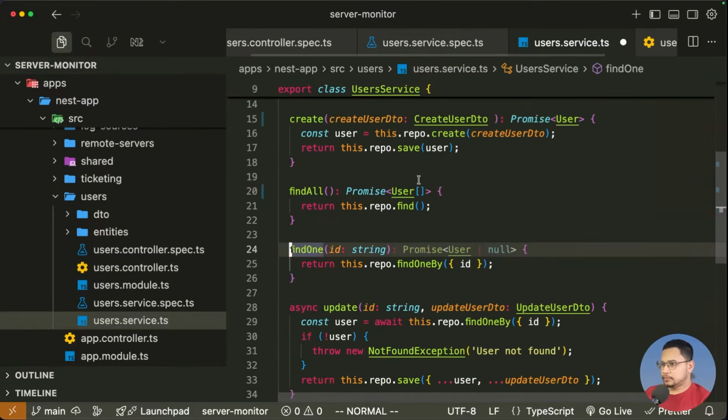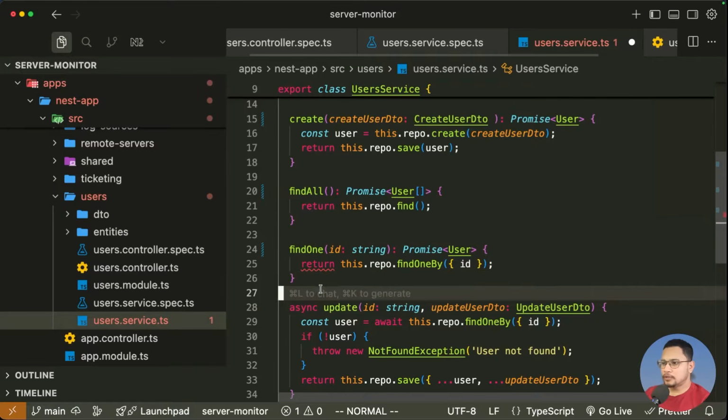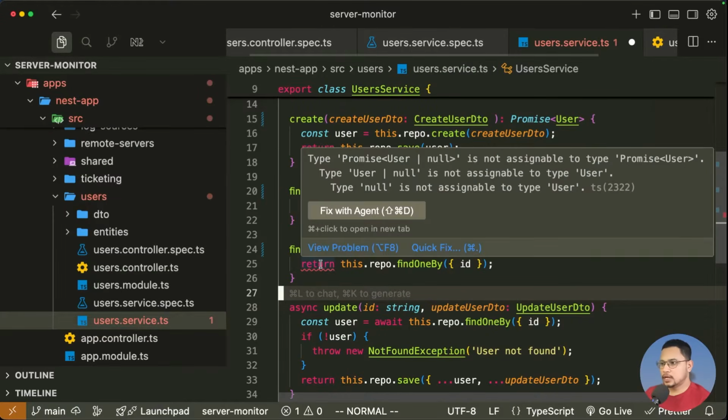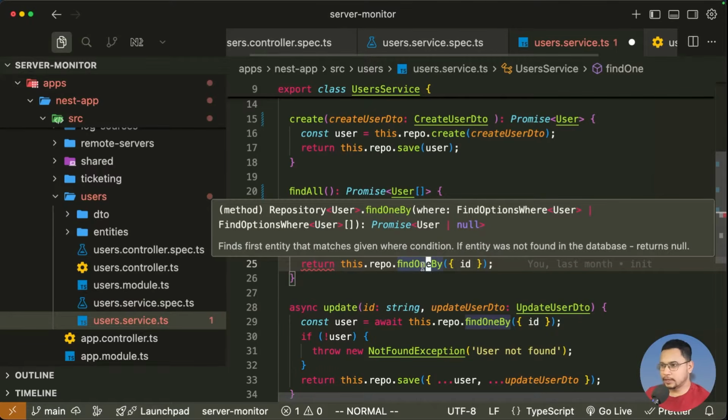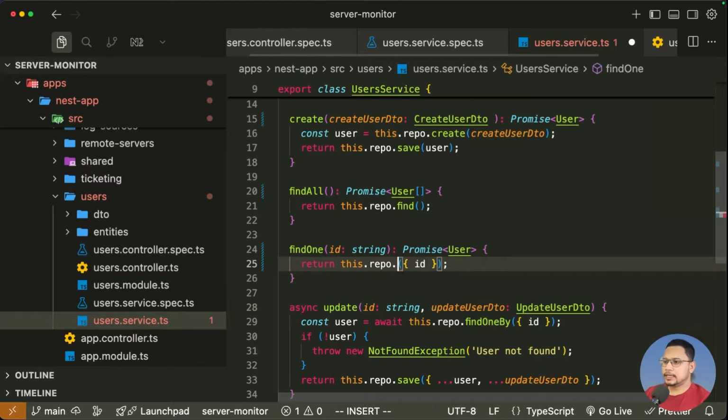Similar for findOne, and every time we want to have a user when we are calling findOne, right? And now you can see it is giving us an error, because if you call this findOneBy method, then this findOneBy is basically not returning a user every time. Like if it does not find any user, it will return null, and we do not want that functionality, right? From our front end, from our API endpoint, if someone is passing any wrong ID, that's an error, that's a client error. So there is another method